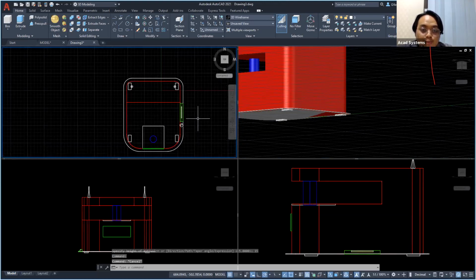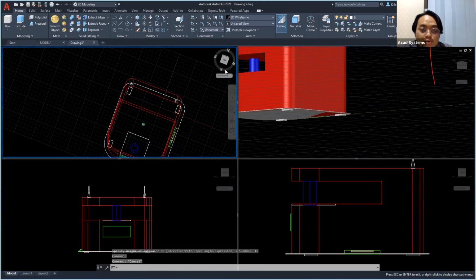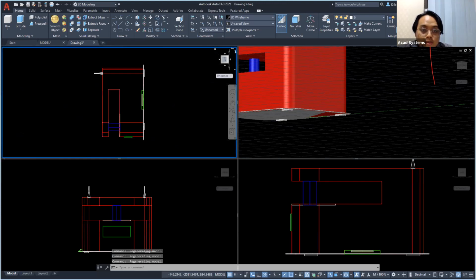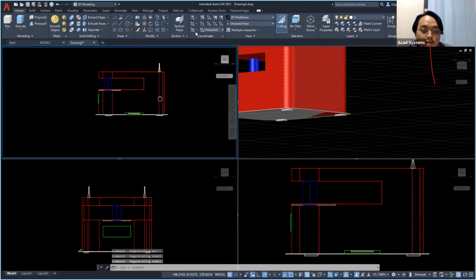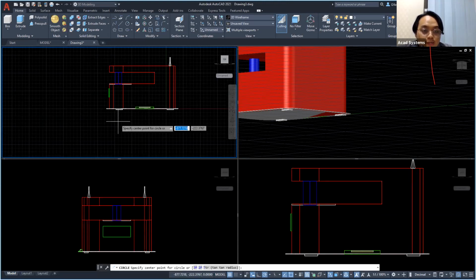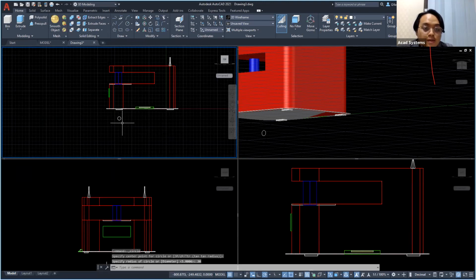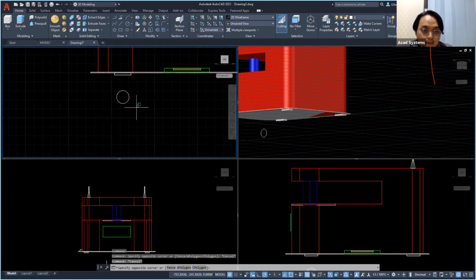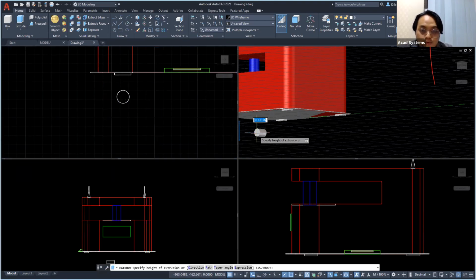We can just simply change the WCS. Let's say I want to rotate this first. I change to our view. We can also do the wheel like this. Let's say the radius is 30, maybe too small. You can just do 45. Okay, and then we just extrude to